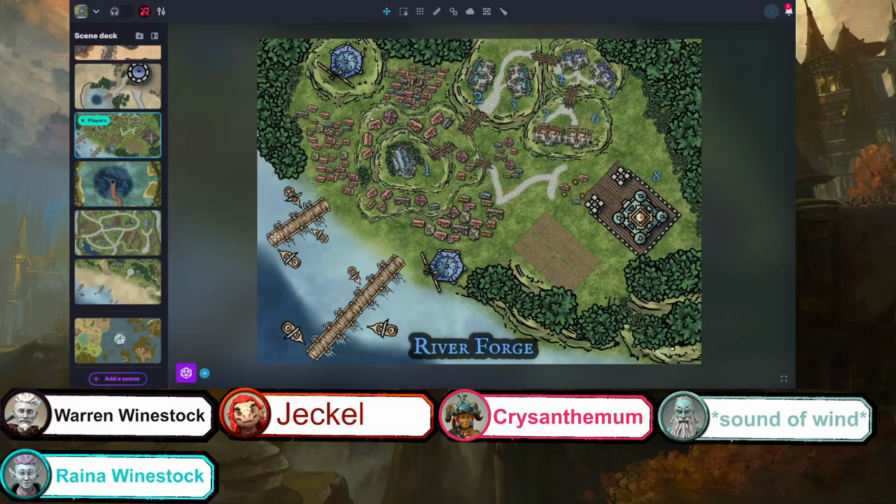So you guys have found yourself landing on this port here, and Reyna, it's been another bust. You're looking for more information.